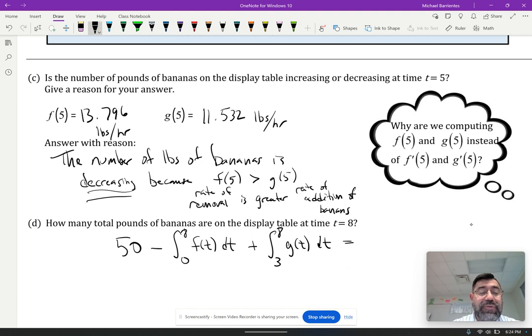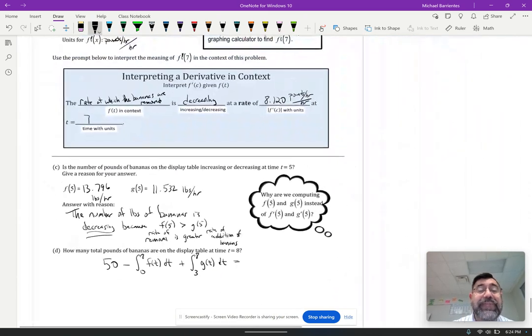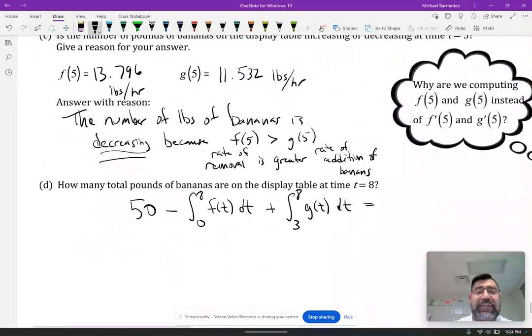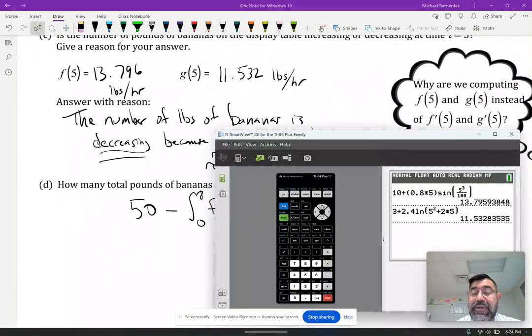If you do this whole shebang, it is going to tell you how many total pounds of bananas are on the display at that specific moment in time, because we have the starting amount minus the integral of the rate of removal plus the integral of the rate of addition of bananas, and together that gives us the answer. And that's exactly what we need. Okay. Do we need to figure this out? Yeah, let's figure this out. We're going to start with 50 plus the integral. I'm sorry, not a plus, minus